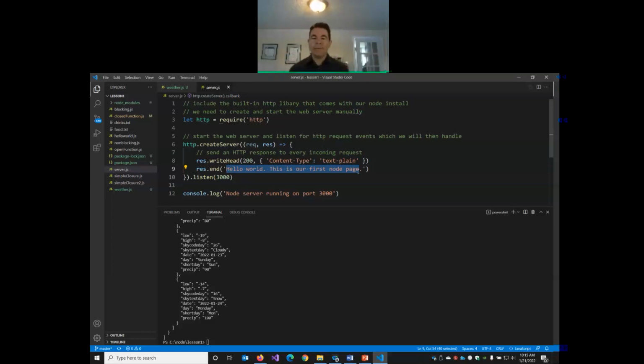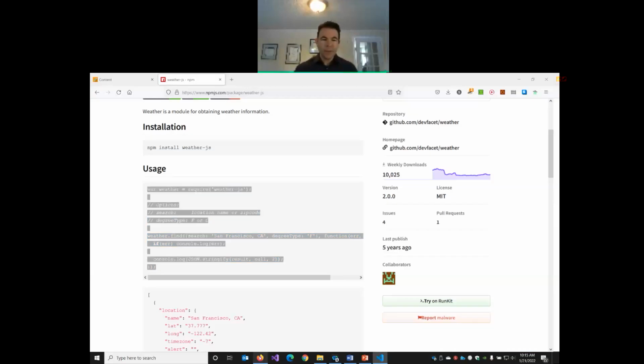So there's an NPM package we can install globally on our system that will watch our files for changes and do an automatic restart every time we save a change. So we want to install that one, not just for our lesson 1, but we want to install globally so we can use it in any node project. So that package